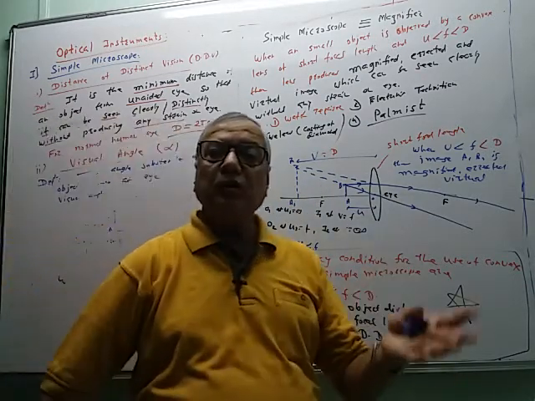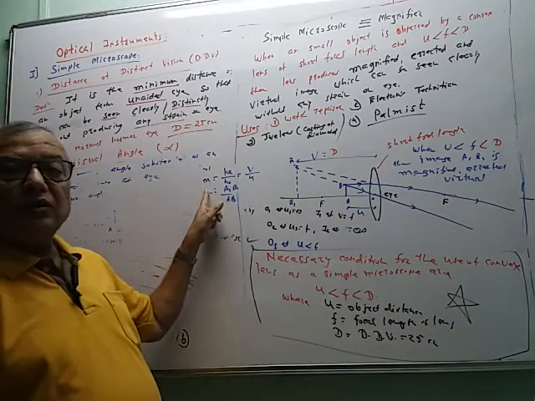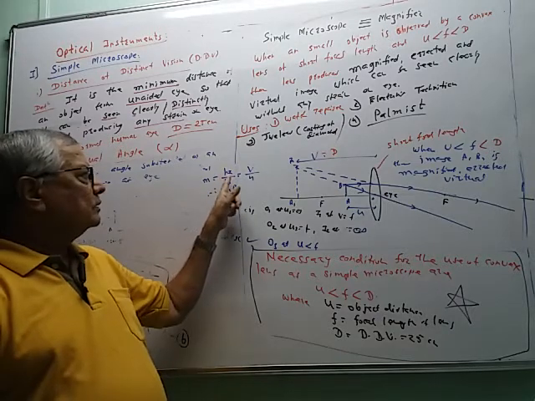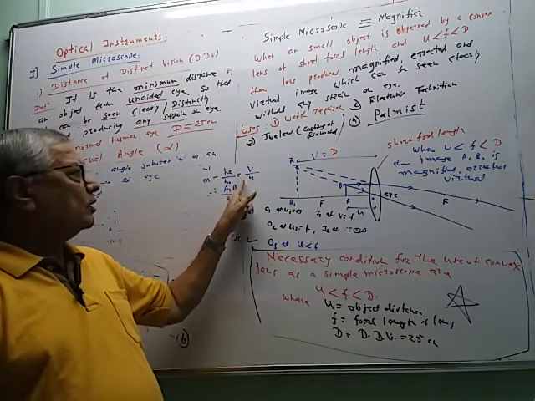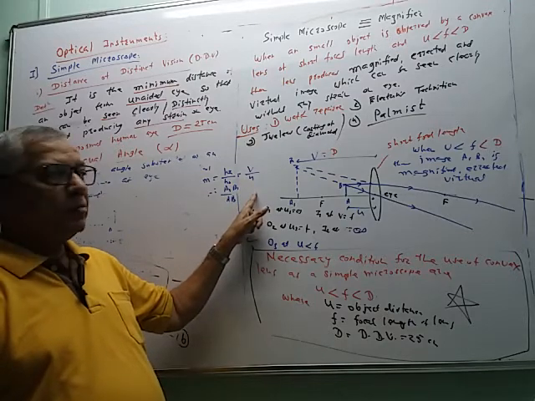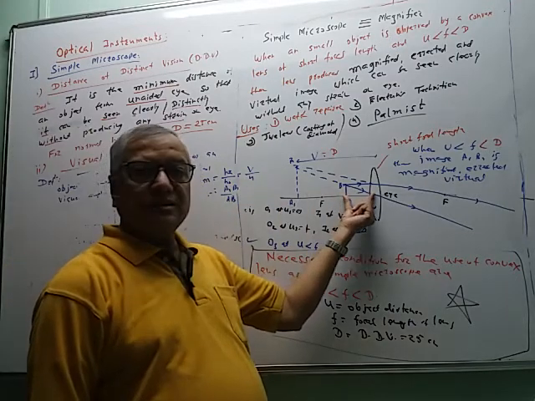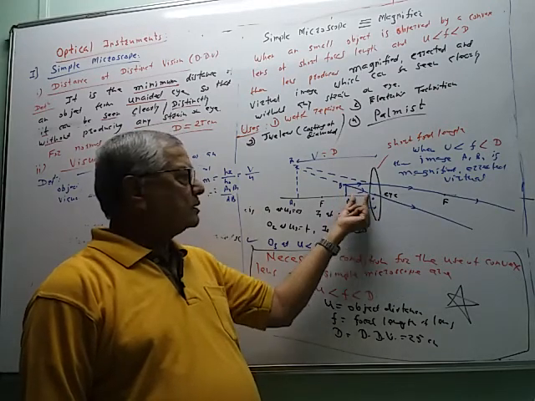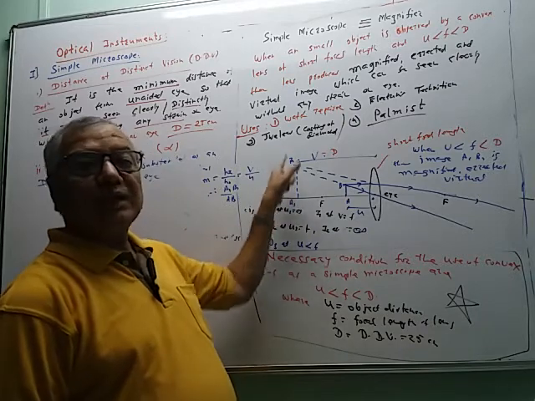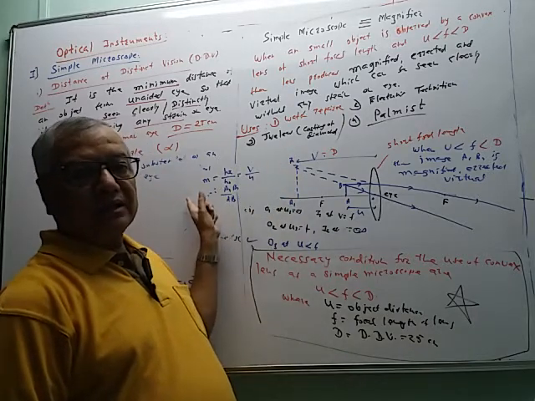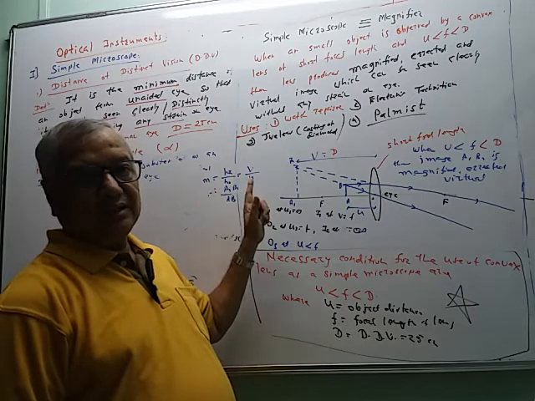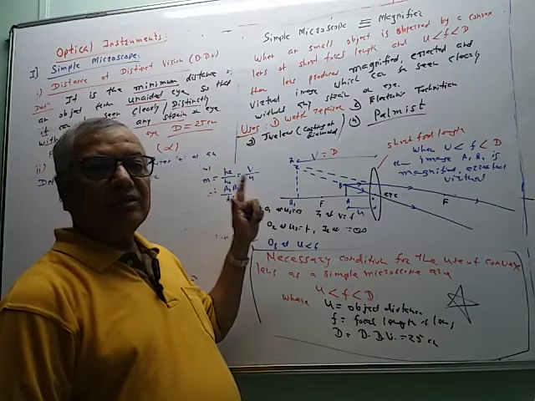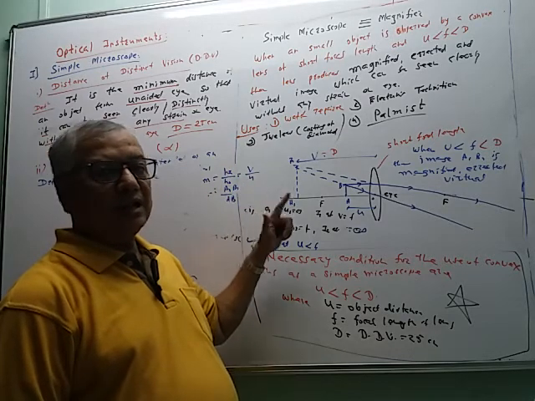म्हणजे इमेज किती पटीने मोठी मिळाली ते मेजर करण्यासाठी पण ही एक क्वांटिटी ऑलरेडी यूज केलेली. It is called as a linear magnification. It is defined as the ratio of size of the image to size of the object or image distance upon object distance. So by adjusting this distance between object and lens means u. By adjusting distance u, we can get more and more magnified image. So that magnification increases. We can see the image clearly. As the image gets magnified, we can see it clearly without causing any strain on the eye.